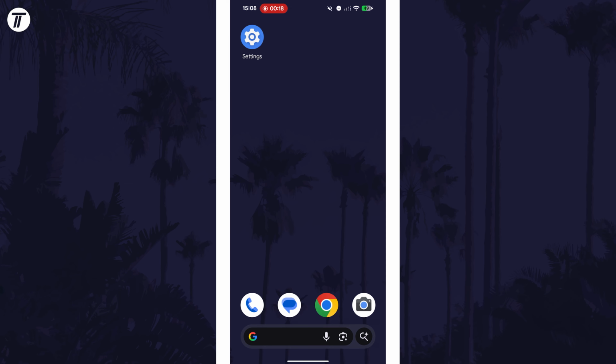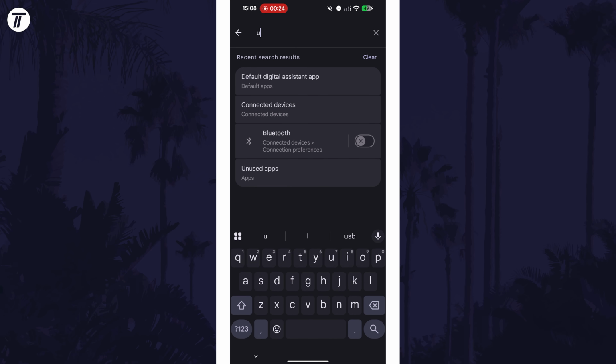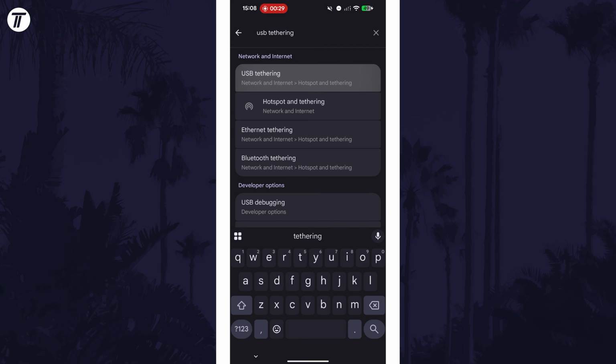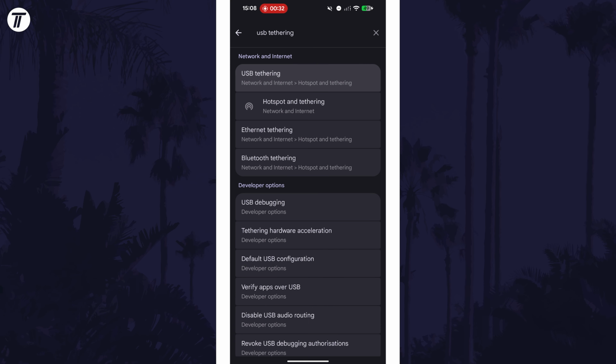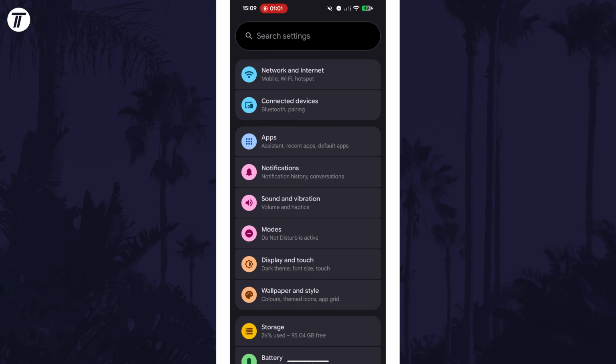Now open the main Settings app, and there might be two ways to turn it on. First, tap into the search option at the top and type in USB tethering. If you see this from the search results, tap on it and then find it on the list. Use the toggle switch here to turn it on and wait a few seconds and it should work with the connection. If you couldn't find the USB tethering options in the settings, first check manually within the network and internet